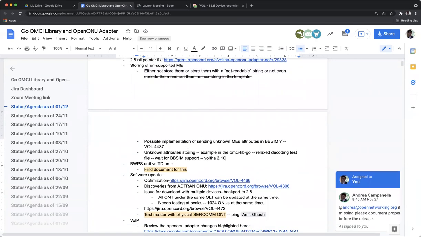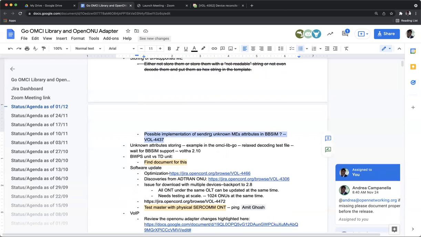Okay. Yeah, I agree. I have to tell you, I have defined a new story for the OMCI Go, which I already discussed with Chip, regarding creating exported constants for the attribute names of the MEs, because currently we have a point of failure: all attribute names will be redefined within the caller's code, and this is a potential point of failure.